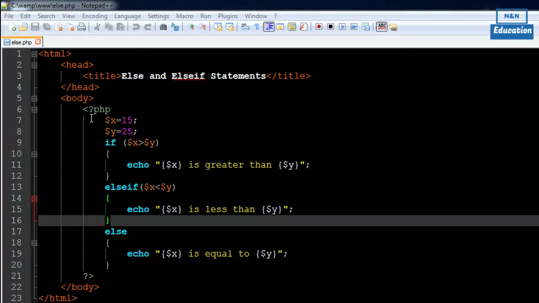So on line number 6 in this file I have the opening PHP tag, on line number 21 I have the closing PHP tag, and on line number 7 I have created a variable called x. I've given it the value 15. On line number 8 I have created another variable y, and this one has the value 25. And then on line number 9 I have an if statement, and this one checks whether the first variable is